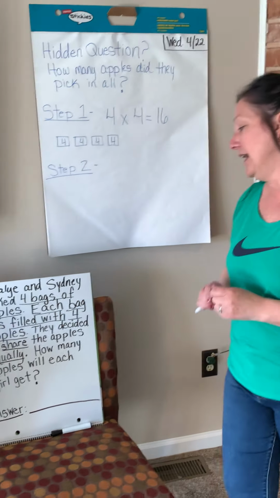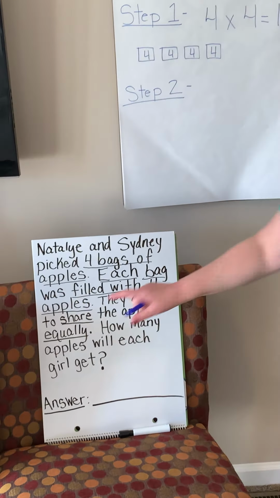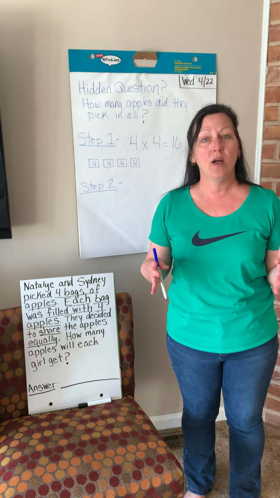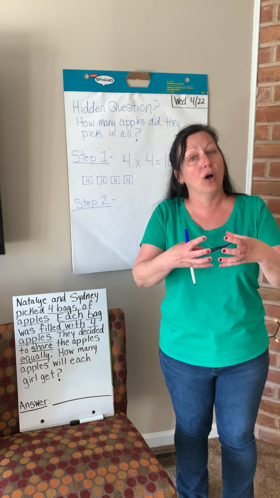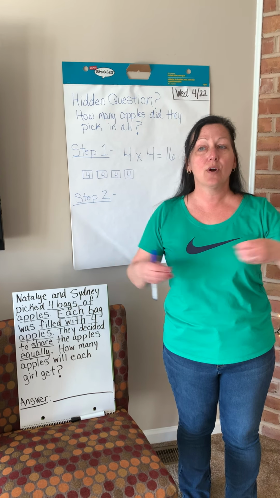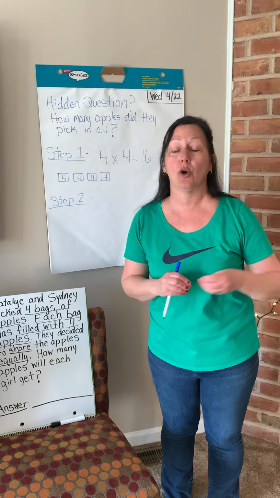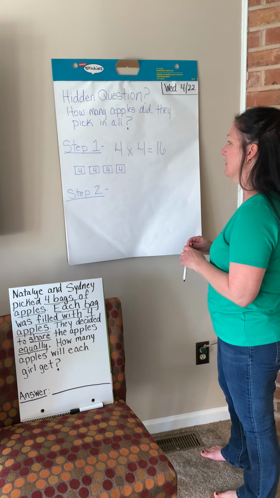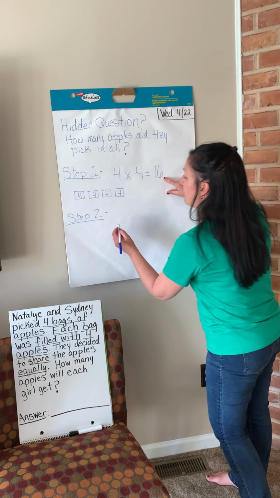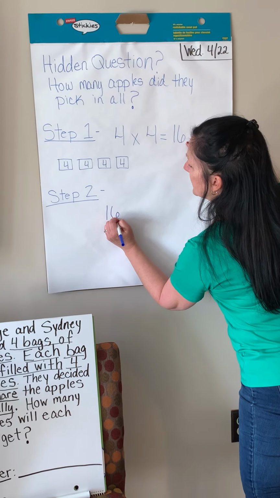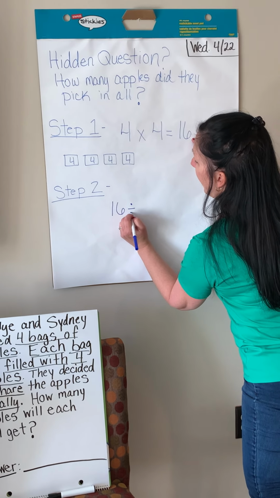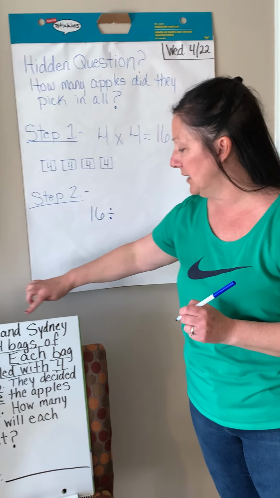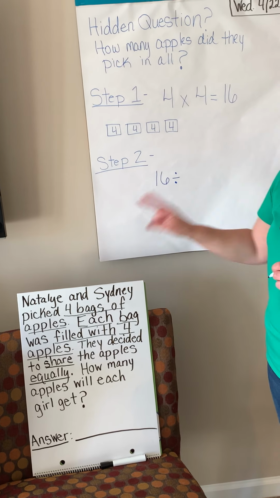Now, they decided to share the apples equally. So they're sharing. What operation do we know we need to do when we have a total? We already know the total, and we're going to divide them out. We're going to share them. You're right, we're dividing. Okay, so what are we going to divide? The total number of apples, 16, divided by how many people went apple picking? Who were our friends? Natalie and Sydney. Divided by 2